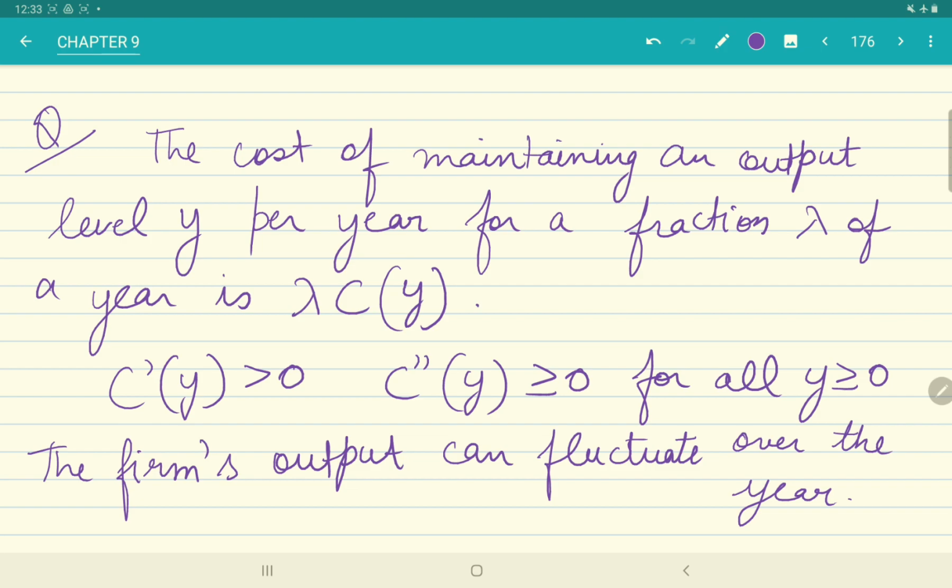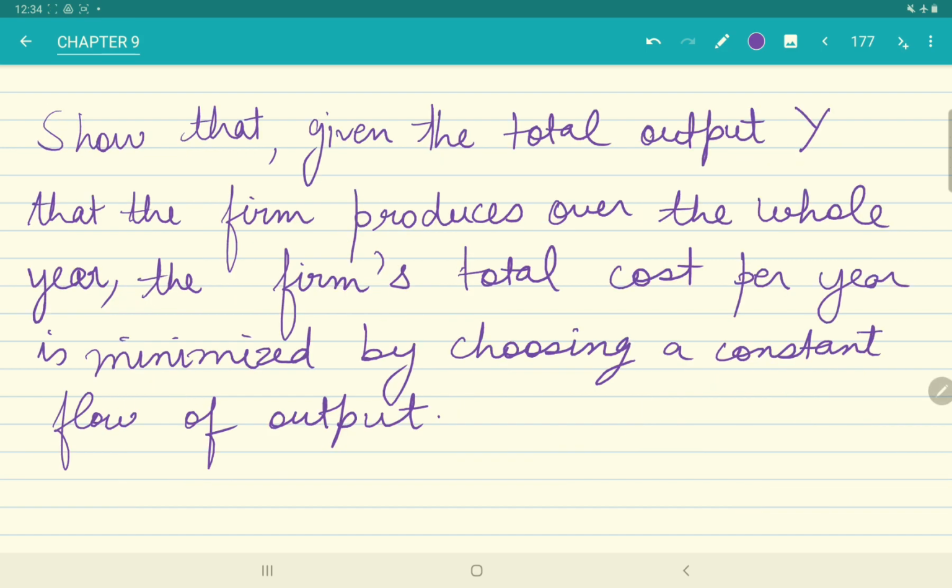Let's go over it again. We know that the cost of maintaining an output level Y per year for a fraction lambda of a year is lambda multiplied by C of Y. C prime Y is greater than 0, and C double prime Y is greater than or equal to 0 for all Y greater than or equal to 0. That just means that the function is convex. The firm's output can fluctuate over the year. We have to show that, given a total output Y which the firm produces over the whole year, the firm's total cost per year is minimized by choosing a constant